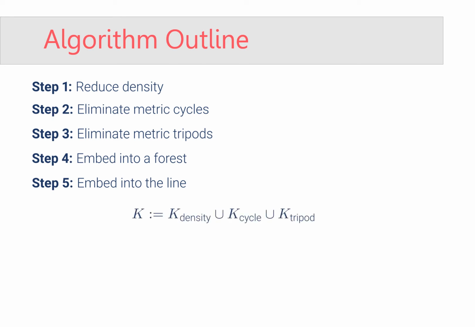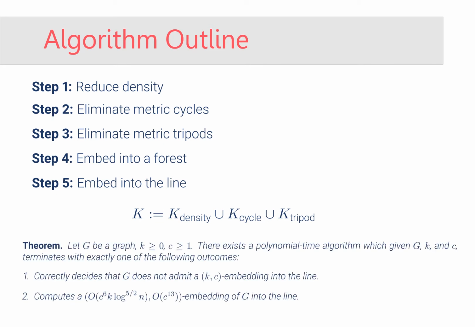The resulting set of outliers is the union of the outliers obtained from the density reduction, cycle elimination, and tripod elimination. And here is the main result of the paper, which basically says for a graph G and non-negative number K and positive number C, there exists a polynomial time algorithm which, provided with G, K, and C, gives one of two outcomes, exactly one of the two. It either correctly decides that